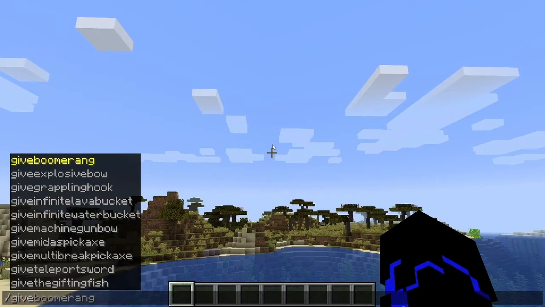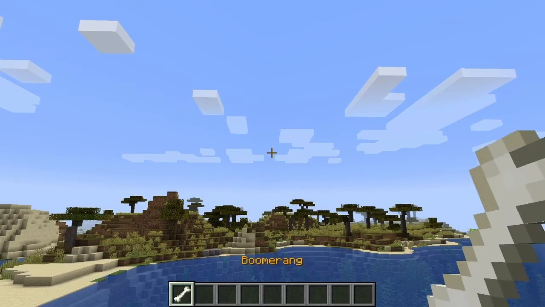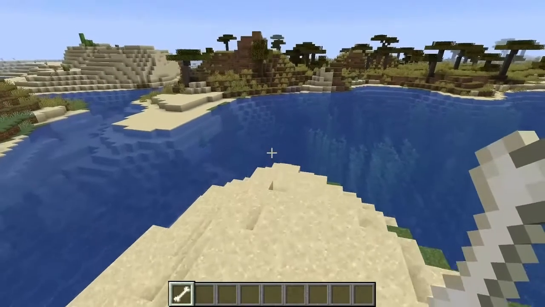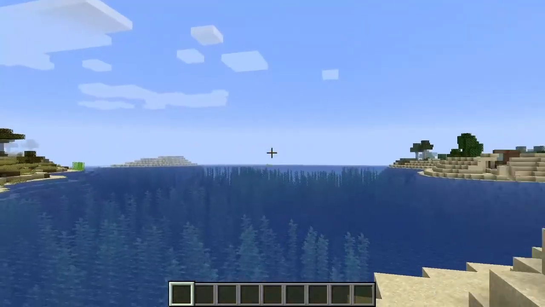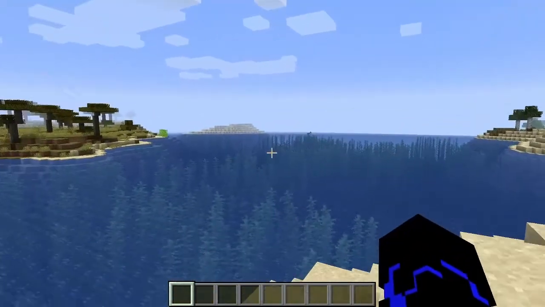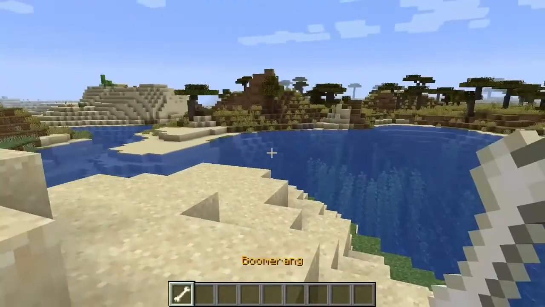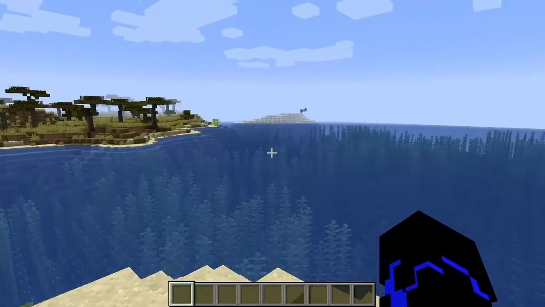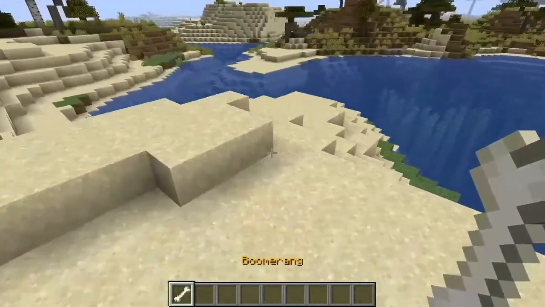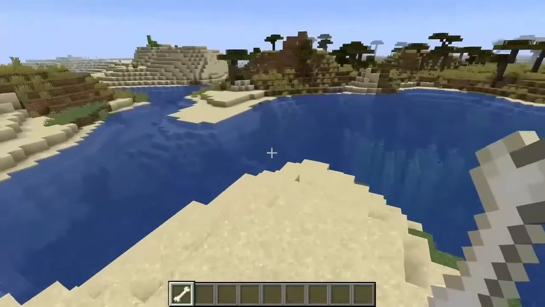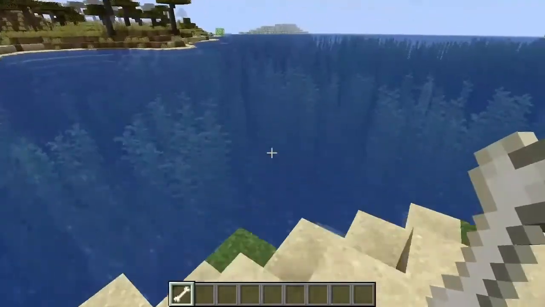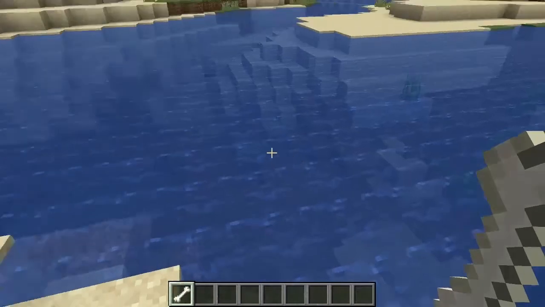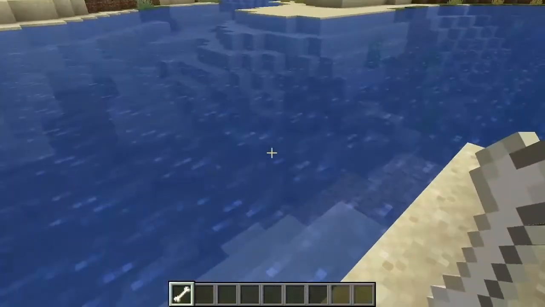So if we go ahead and run the command give boomerang, it will give us this boomerang with custom lore and everything. And what it will do is that whenever we left click or right click, it will shoot out a boomerang and it will go back to wherever it was shot from. And the good thing about this boomerang is that, much like the Hypixel Skyblock's boomerang, it actually does damage to mobs. So if we can find a mob that's alive,